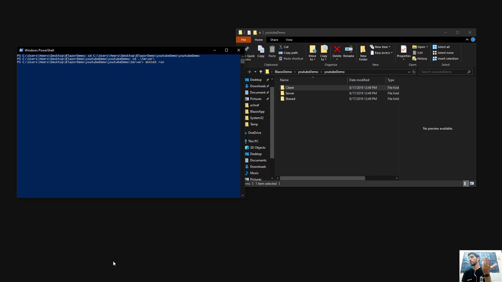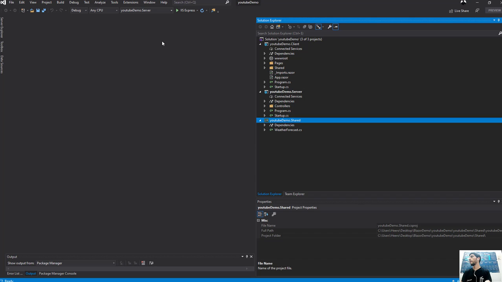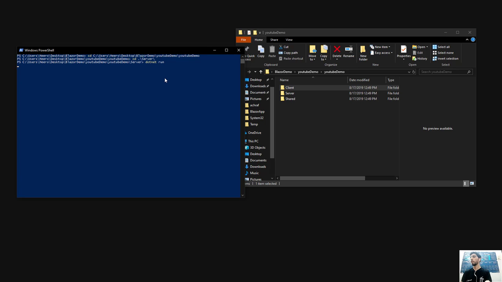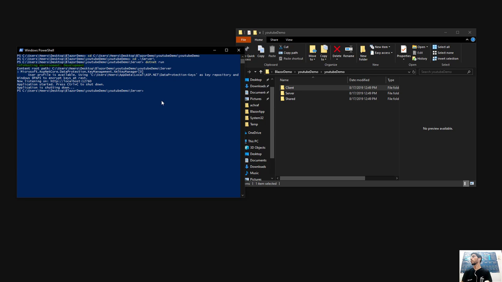It's the same as using Control F5 right here to run your project. Since it's the first time, it's going to take a while. I'm going to wait. So I will just type dotnet run again, and the project will be hosted on